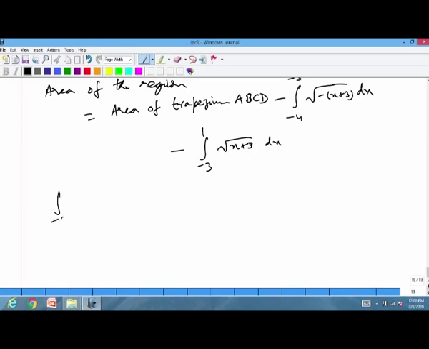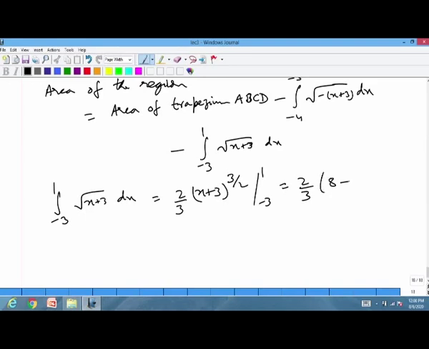So, integral minus 3 to 1 square root of x plus 3, this will be equal to x plus 3 raised to power 3 by 2 times 2 by 3, from minus 3 to 1. We put x equal to 1, this is 4 to the 3 by 2, which is 8, minus 0, this is 16 by 3, and integral of minus 4 to minus 3